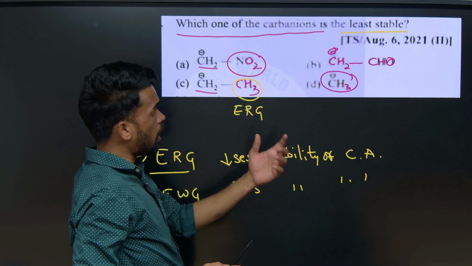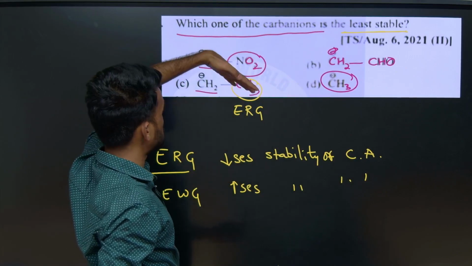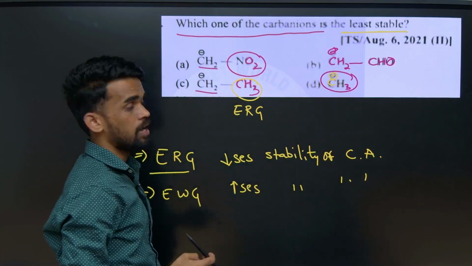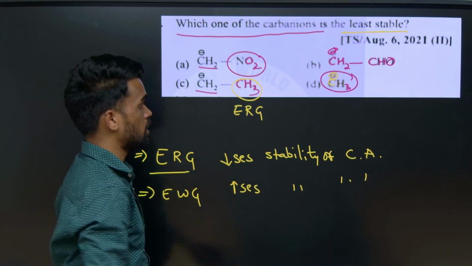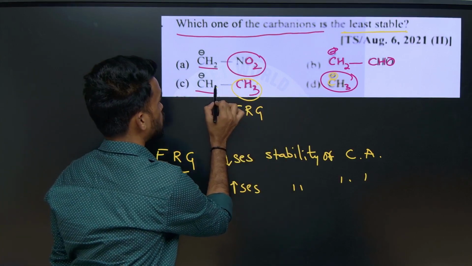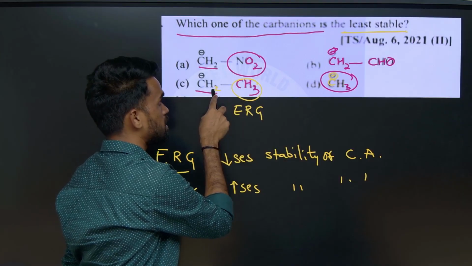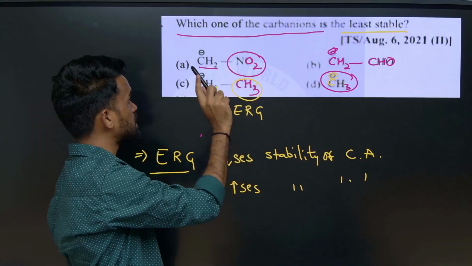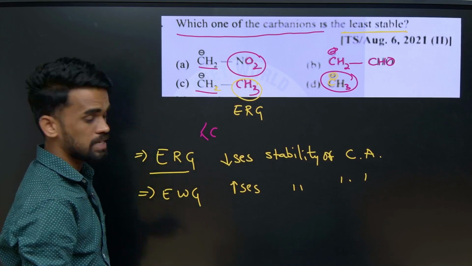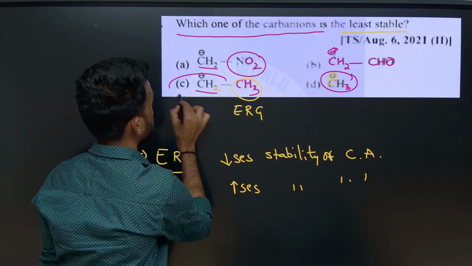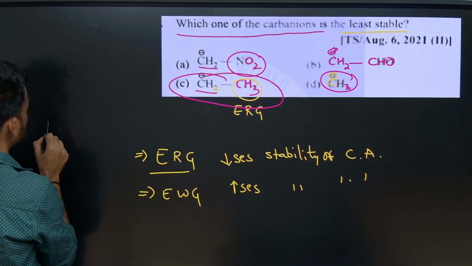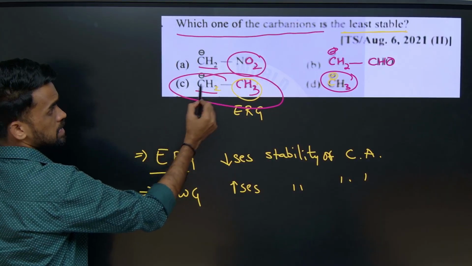Now let's just leave A and B. See here C and D. Here no group is there, only hydrogens are attached to this carbon, and here one alkyl group is present. Out of these two, you tell me first which is least stable. Since alkyl group is present over here, this will destabilize more than this. Therefore, which is least stable here? C is very least stable. So which is least stable? C is least stable because it is having alkyl group. Okay, out of D and C, if I ask which is least stable, C is least stable, then D you can write.